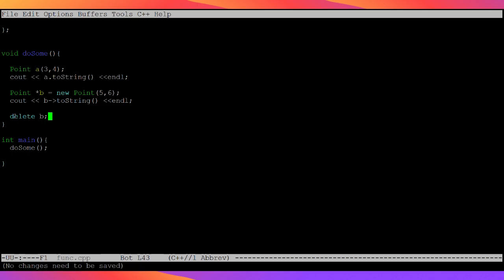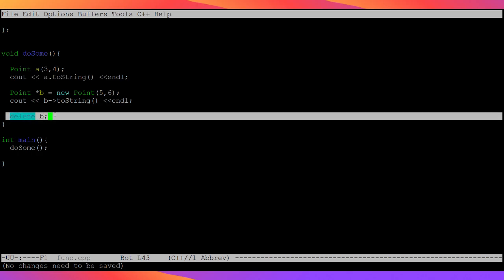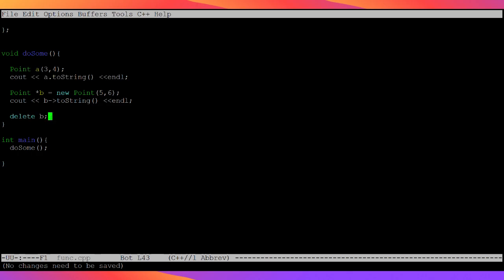That is a big difference between C++ and Java. In C++, if you use the new thing, you have to manually delete it. And you might ask, so then just don't do it, right? Well, sometimes you want to do it. Sometimes you actually want this thing to stick around. So, for example,